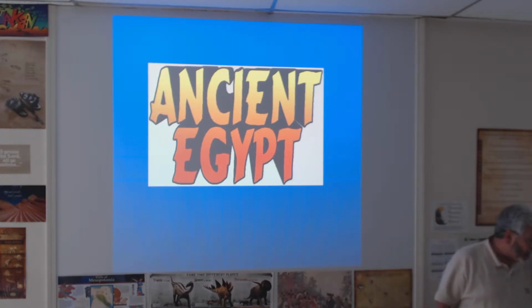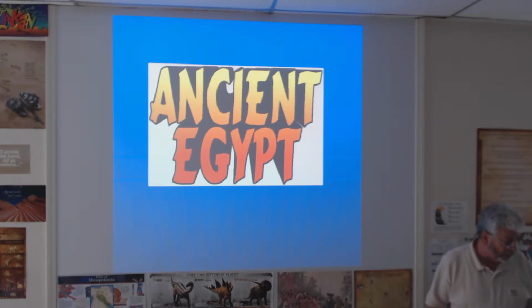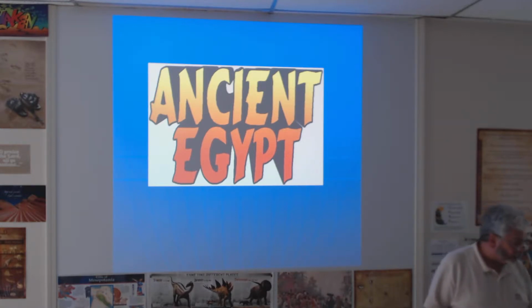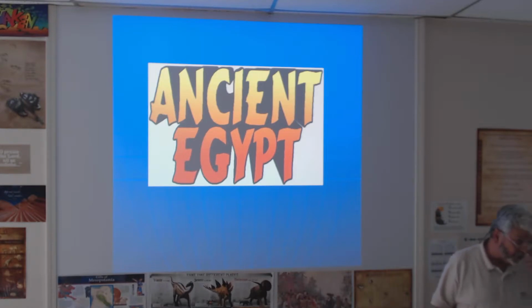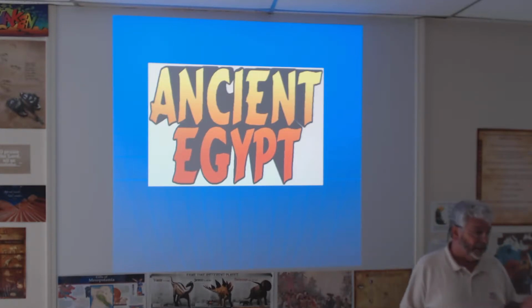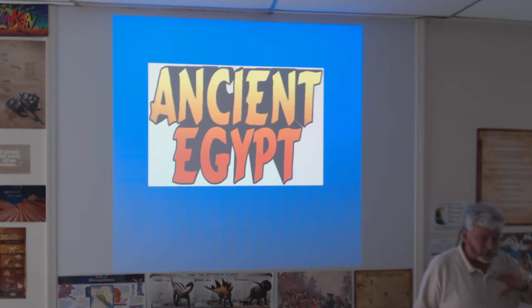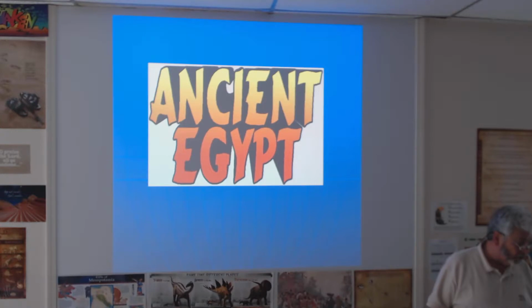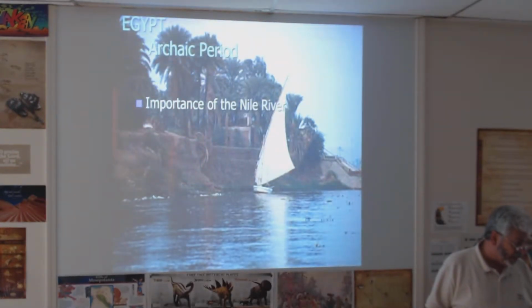Ancient Egypt. All right. First, we'll begin with what's called the Archaic period, and that simply refers to basically the time right after the flood when people first started going there. And in the Archaic period, around 4000 BC, we noticed that right away the reason that people go to this area is because of water. That's what attracts most people to live in the areas in which they first go. So the importance of the Nile River is of primary importance.